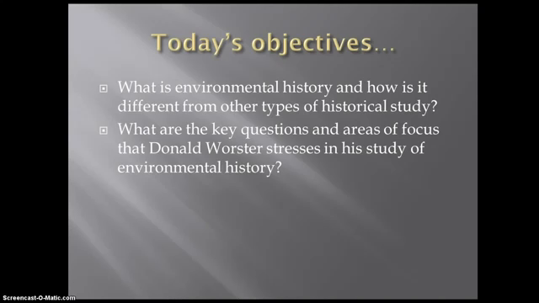The other objective that we didn't get to for today was to look at Donald Worster and some of the framework that he uses for looking at environmental history and how we might better meet the task of explaining what happened in the past and how that has consequences for the natural environment. So we'll get back after that. We'll try to pick up the second objective in my comments here today.